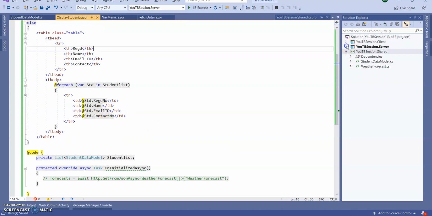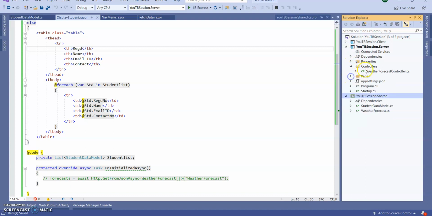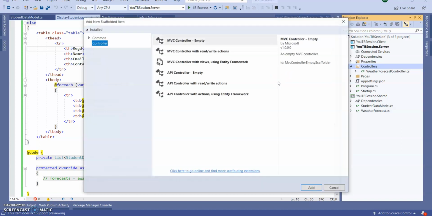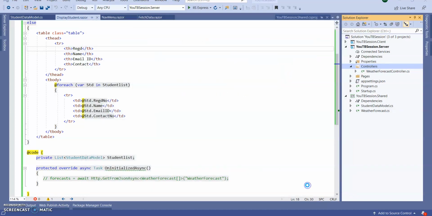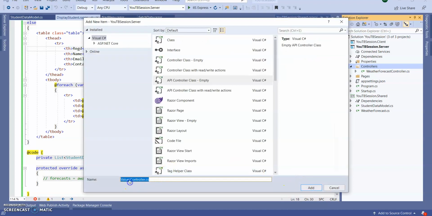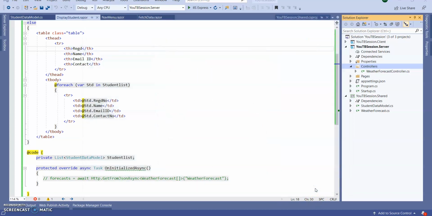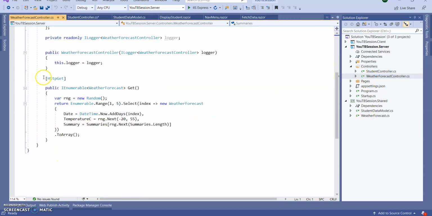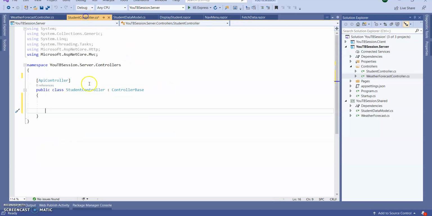Let's go to our server part and create a controller. So here in the controller section I am creating a controller. Here web API controller, add this. Let's say student controller, add this one. Okay, I don't need my route here. I will add my own route section. So let's see what is there here. Straightforward. Okay, so I will use HTTP GET and the route will be